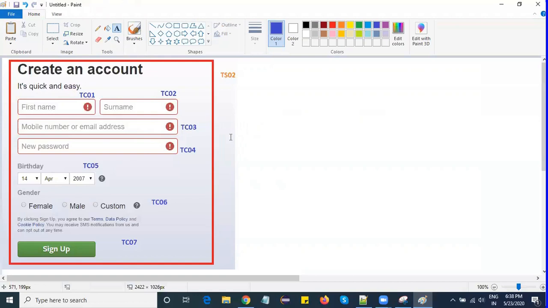So these are the test cases I need to consider to write test cases for creating a Facebook account.